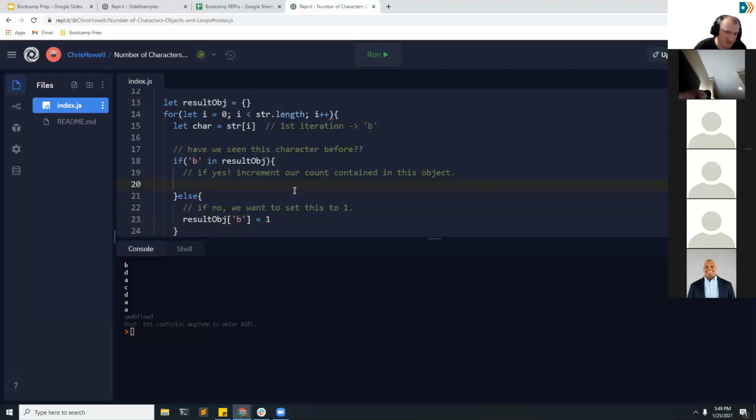But if it does exist, that means we have already encountered it at least 1 time, but it might not be 1 time. It might be like 10 times that we've seen it now. So we want to take that value, whatever it is, and increment that value by 1 more time. So result object, I'm going to have to use the bracket notation for this because I need to pass in